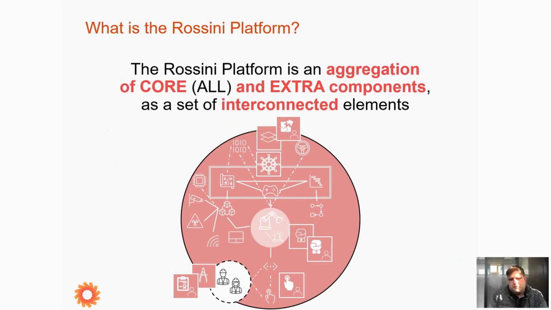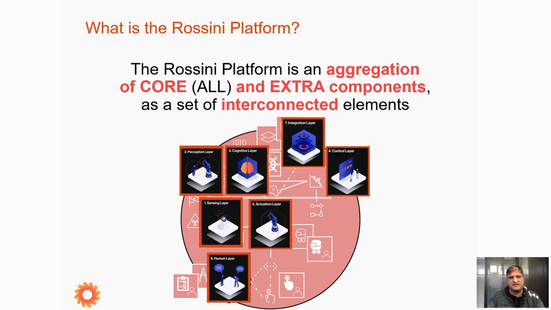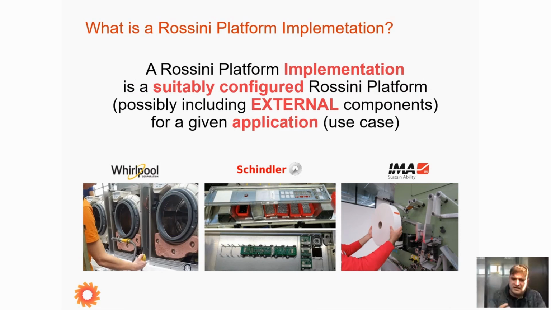Okay, so what I didn't explain so far is what the Rossini platform is, and we can define the Rossini platform as an aggregation of all the core components that I presented and extra components as a set of interconnected elements. And obviously this covers all the layers that I've already presented to you. And the next step would be to suitably configure these components, add possibly external components for realizing a given application scenario in robotics. And in the Rossini project, we had 3 use cases: the Whirlpool, Schindler, and the EMA use cases